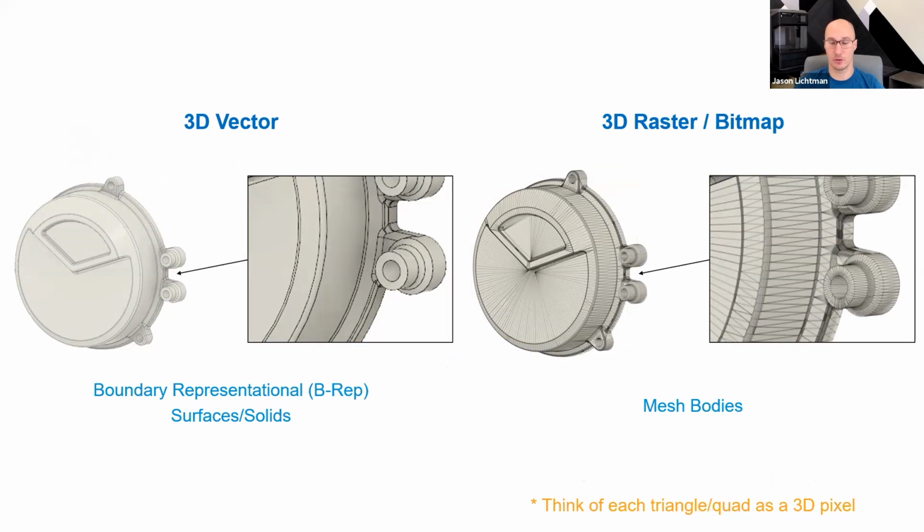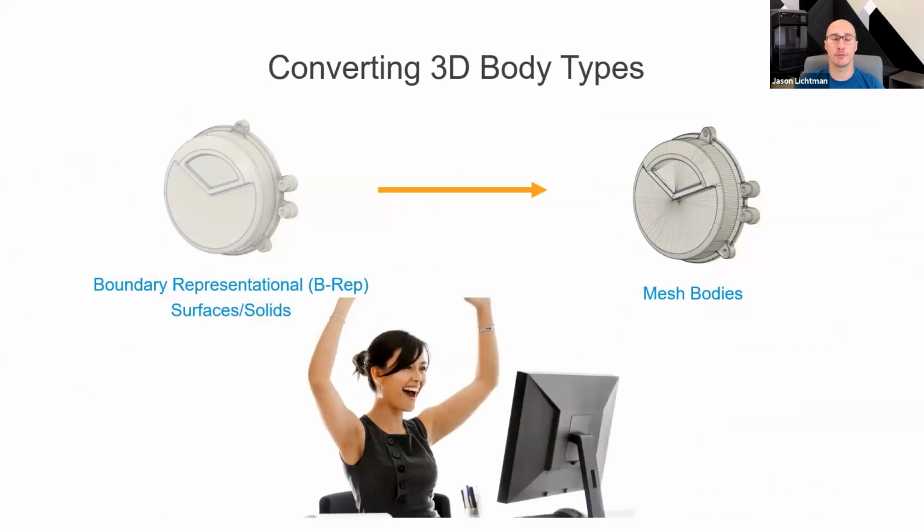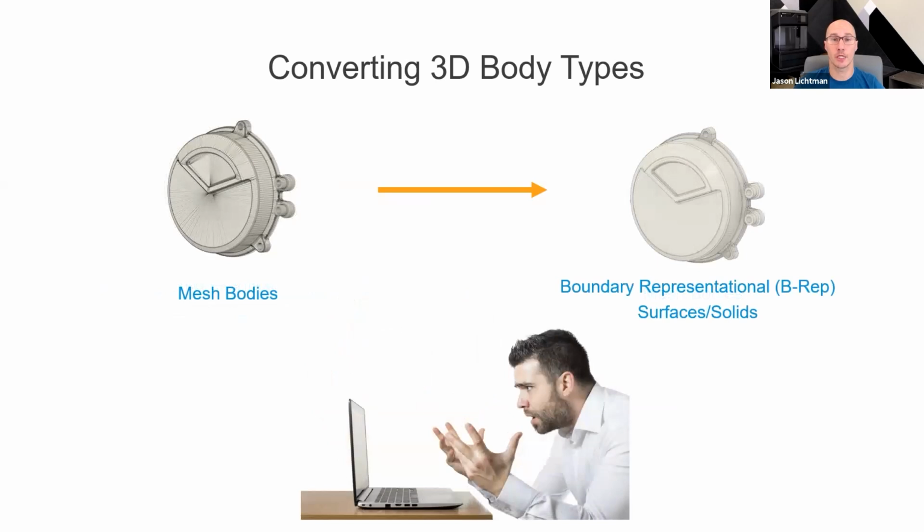And so what that means for you is that if you want to go from the boundary representational surface or solid to a mesh body, it's quick and easy and successful, just like going from the 2D vector to a 2D raster or bitmap. But the other way around, going from the mesh body to the boundary representational solid or surface, that's where you've grown frustrated. Because just like when I went from that raster image into the vectored image, it ended up ruining the corner, so to speak. You've probably found that it's done that same thing for you. Or worse yet, you can't in many softwares even do the conversion,